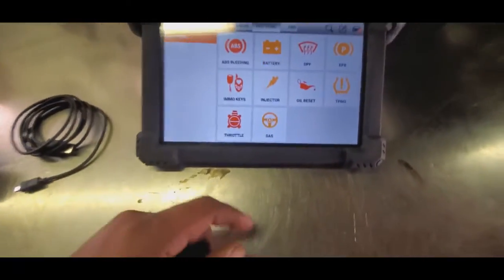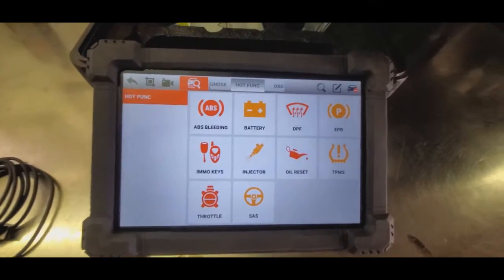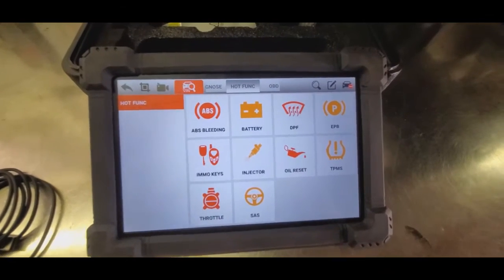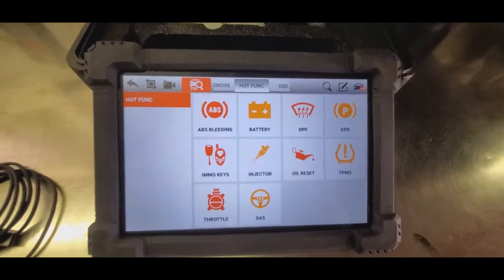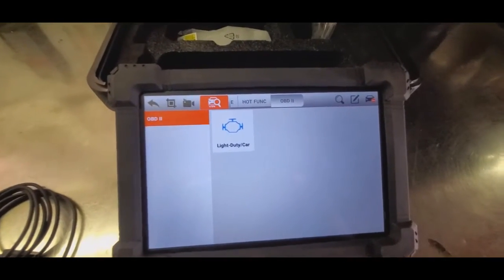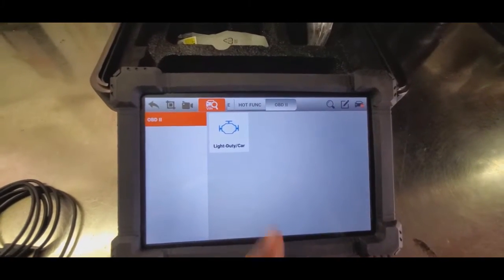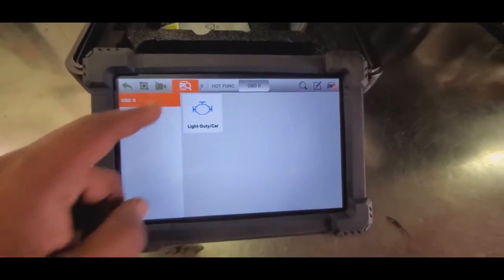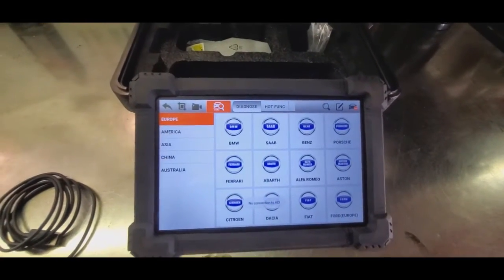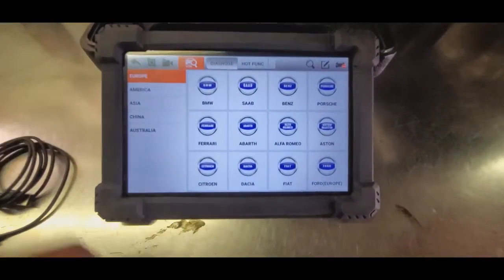You have hot functions. Now bear in mind, this is not applicable for every vehicle. So when you connect it to the vehicle, it will tell you what is available for that vehicle. Or it is also a generic OBD2 scanner. This is just for every brand. Yes, as it says, the VCI is not connected at the moment. So if you go to diagnose, you click on the brand, VCI is not connected. Okay, now when we go back,